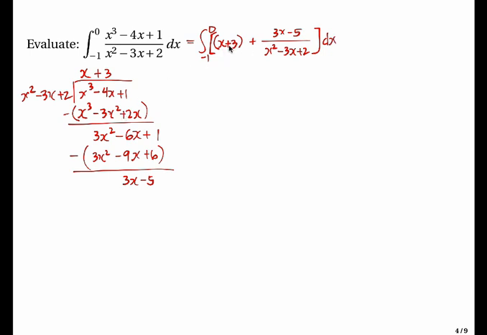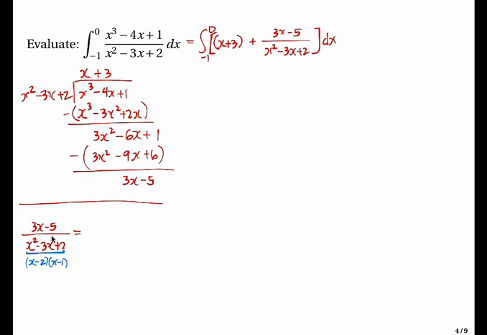Now, this expression here we can integrate easily. For this expression, we use integration by partial fractions. So we look at this expression now. We have 3x minus 5 divided by x squared minus 3x plus 2. And you should be able to factor the denominator easily into x minus 2, x minus 1, which means that